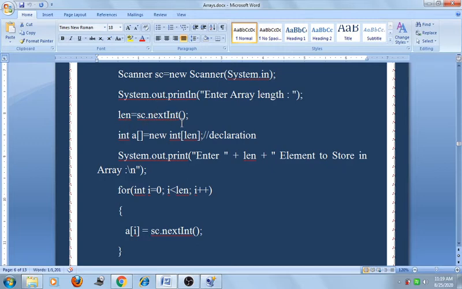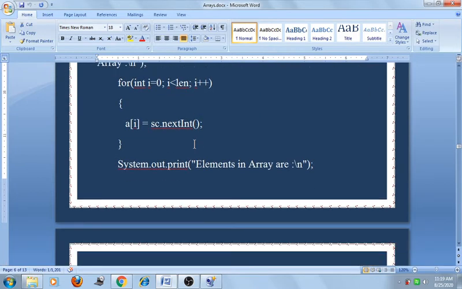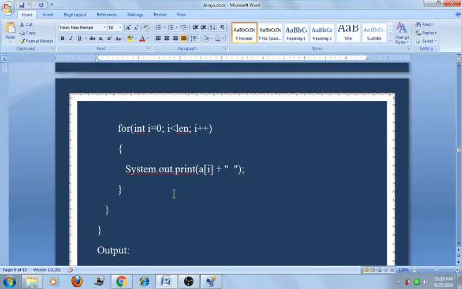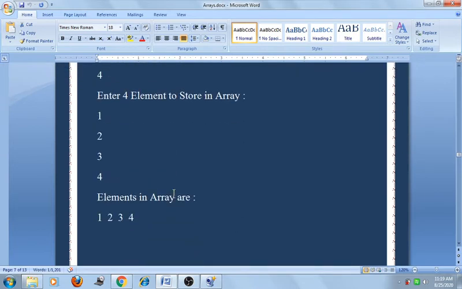That means we assign the maximum size of the array, and here we declare the array like that: int a equal to new int, and here the size is len. Now we take the array elements and print the array elements. So the output looks like that.